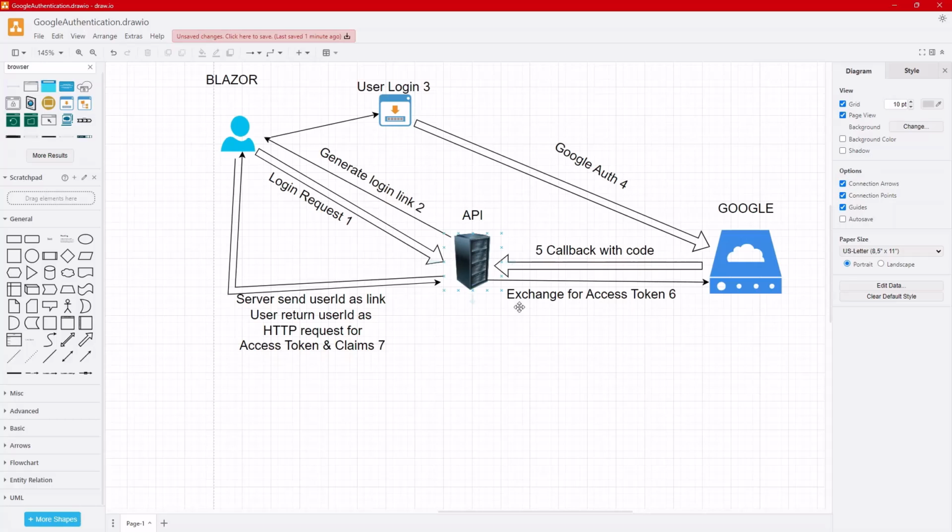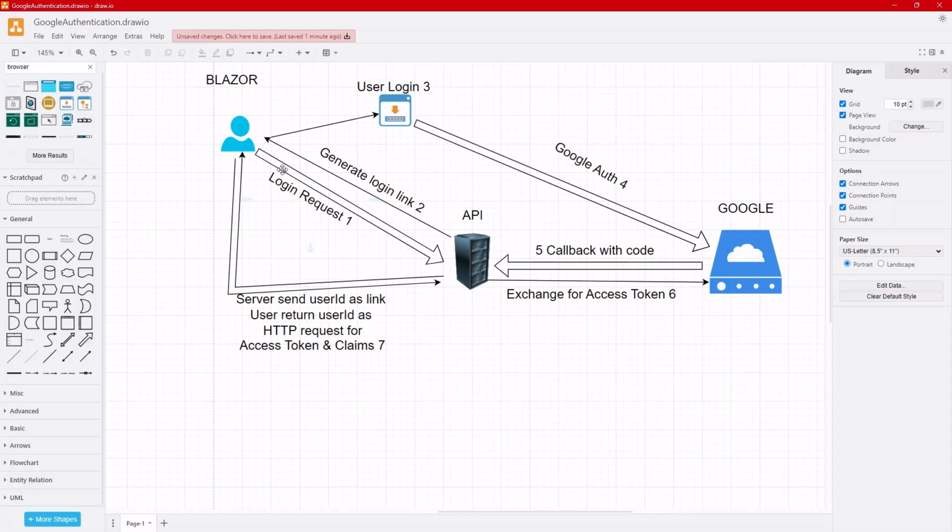This API is going to keep the token and then generate a user link. This is a user link comprising the user ID. So that is this one. Now this user ID will be sent to this API, not the API, the Blazor WebAssembly. Now it's going to open it in a browser, and when the page initializes, you want to grab this